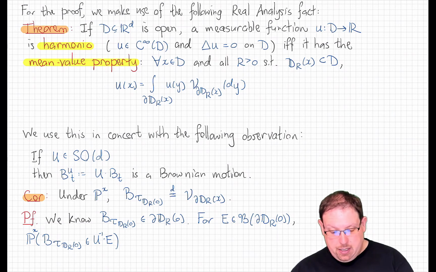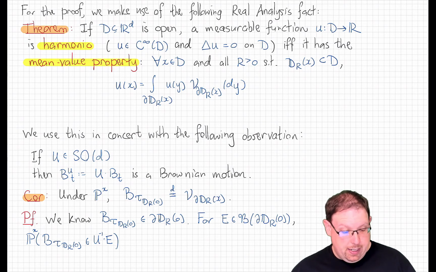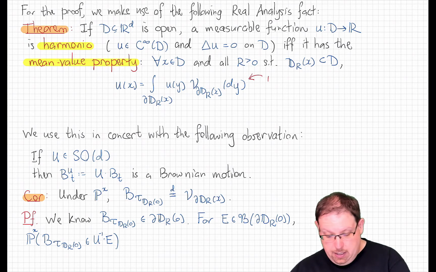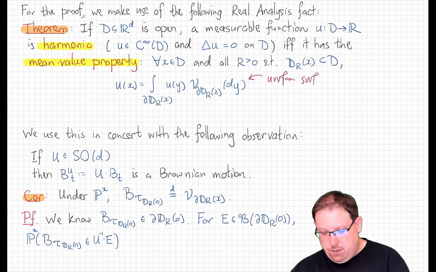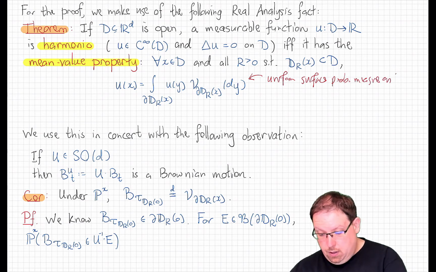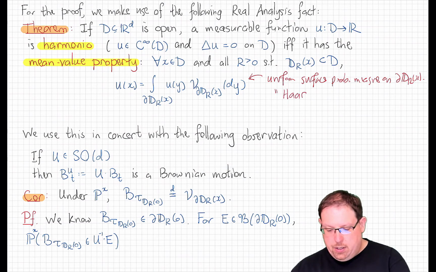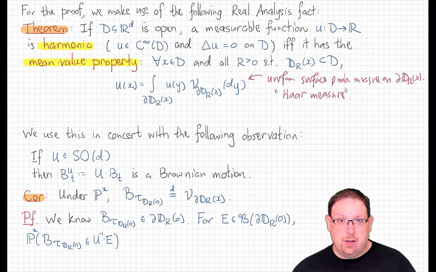That is, we take the function u and we integrate it against the surface measure on the boundary of that d-dimensional disk. This measure here, nu, is the uniform surface probability measure on the sphere. It sometimes goes under the name of Haar measure, but it's really not that fancy. It's something that you learned how to integrate with in your vector calculus class in spherical polar coordinates. You can do that in d dimensions just as easily with more of those spherical polar coordinates.